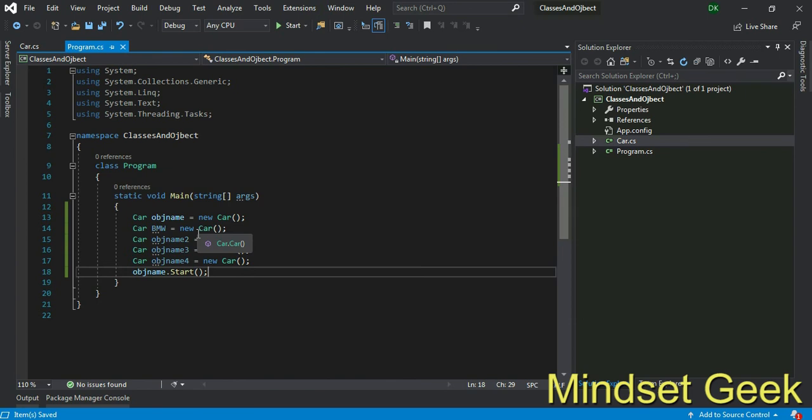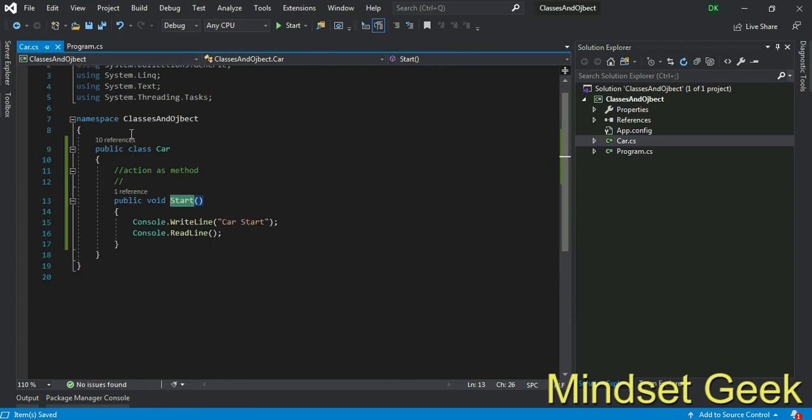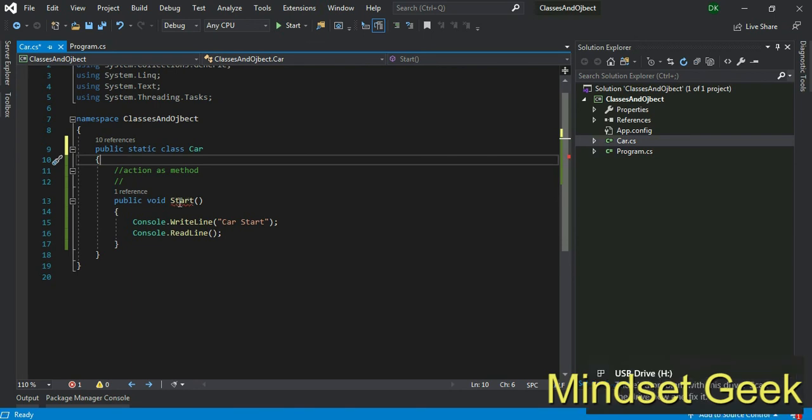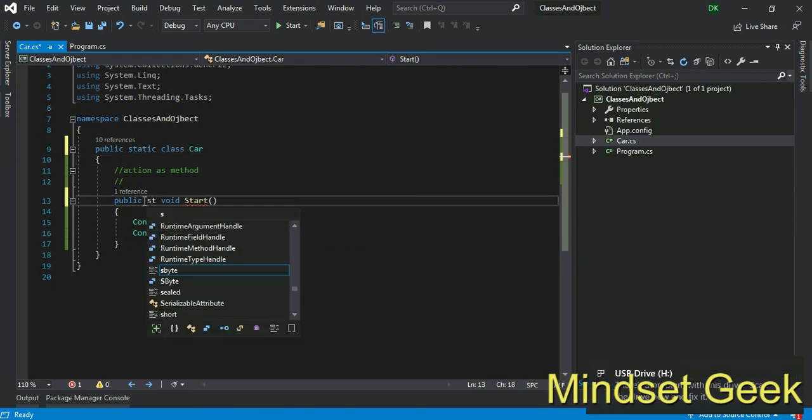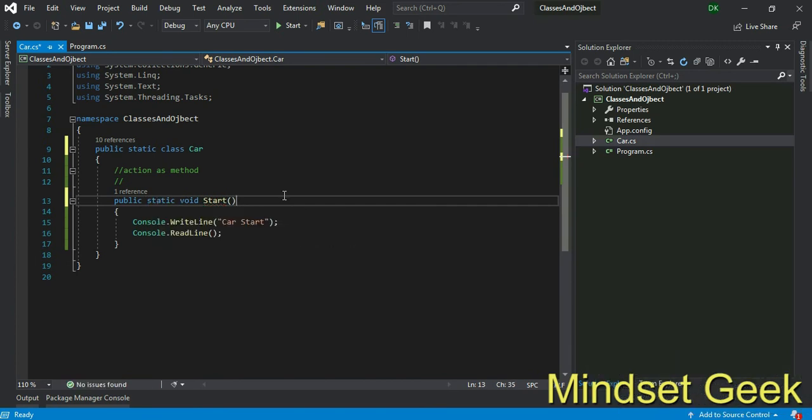According to the car example, think about this. If the class is static after the access modifier, you know you can't keep a non-static method; use public static also. Now you know you can't create many objects from this class.